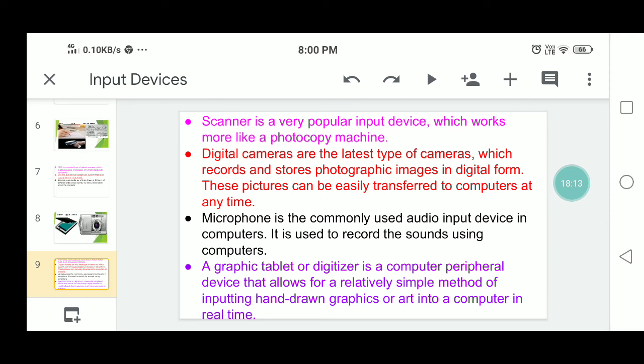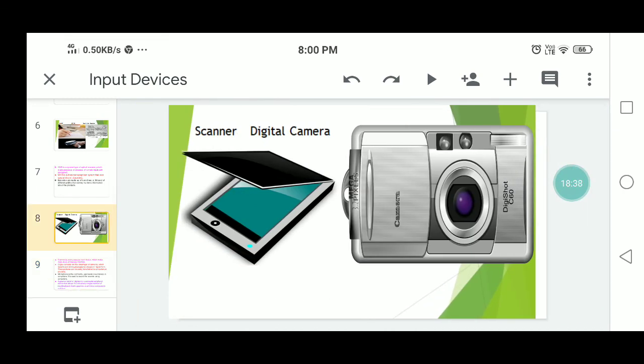They are equipped with qualities like high resolution and zooming. Web cameras are also a type of camera that can be used after attaching them to computers. They are used for video conferencing and movie making. This is the explanation about the digital camera.